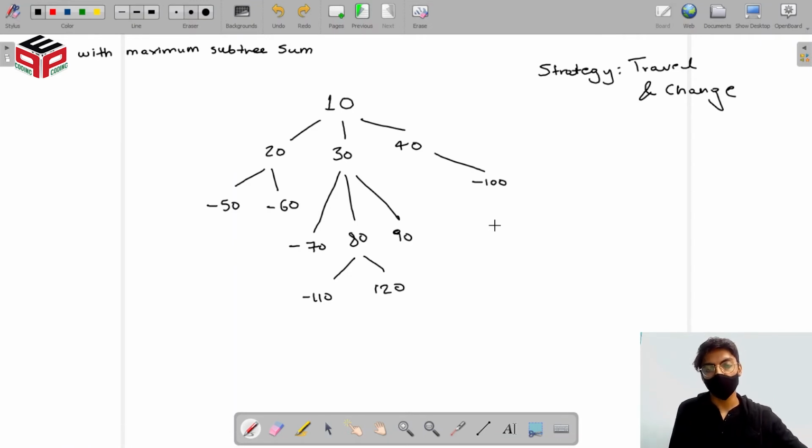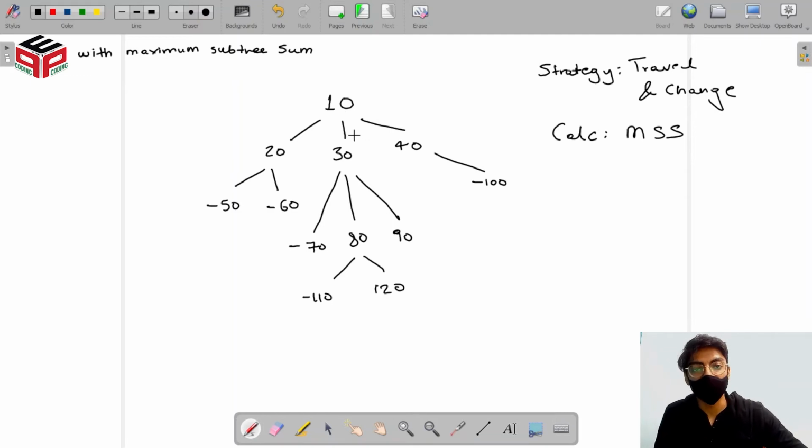In this case, we're going to calculate something, but return something else. For example, we're supposed to calculate the maximum subtree sum. Let's call it MSS, maximum subtree sum. But what we will be returning in this particular approach is just simply the subtree sum.